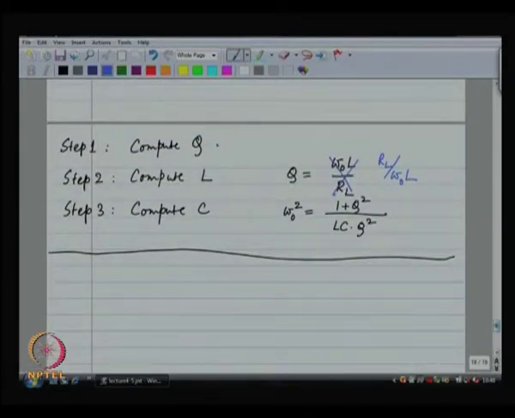How do you remember which formula is for what? When you have an inductor in parallel with a resistor, the larger the resistance, the more the Q. You really do not want the resistor to be there at all. You want infinitely large impedance instead of the resistor for infinite Q. So, therefore, when the inductor is in parallel with the resistor, resistance comes in the numerator, which means Q increases as the